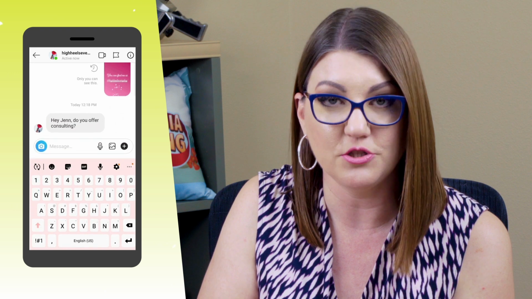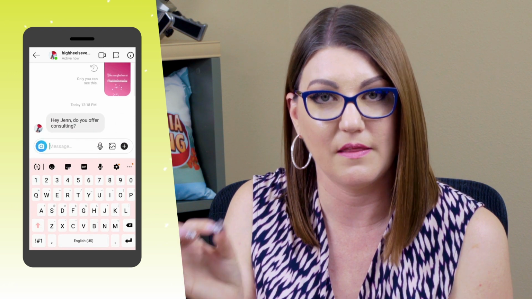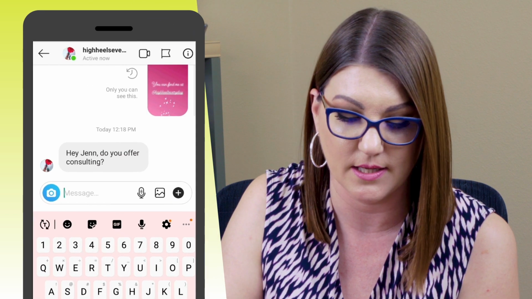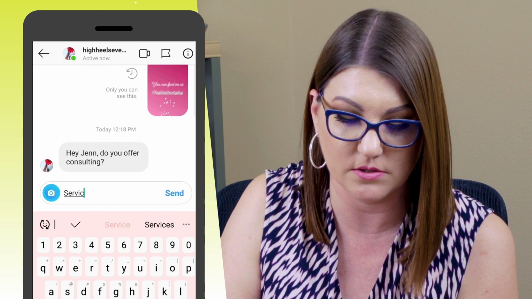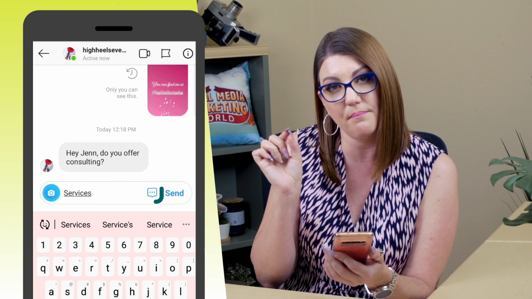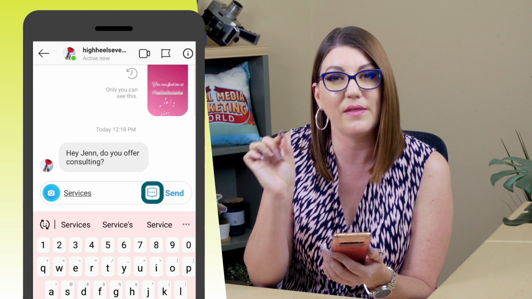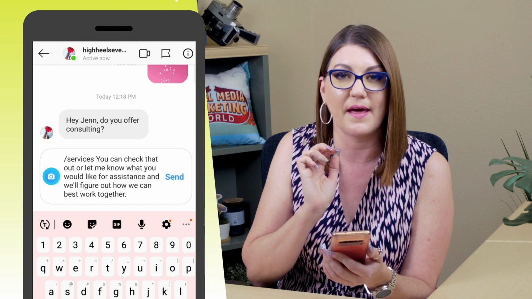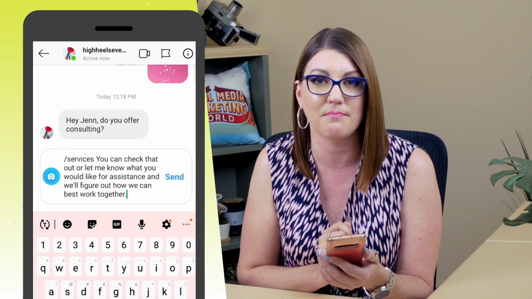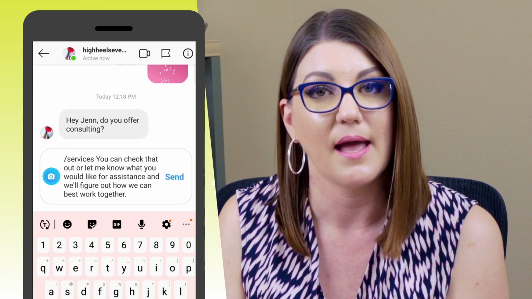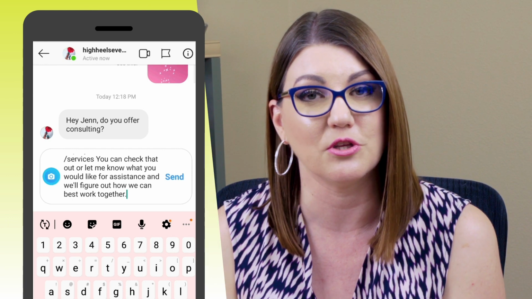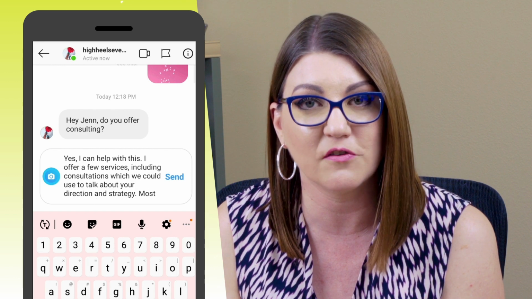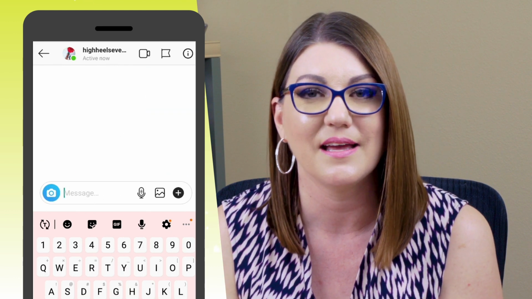Within that message, when you start typing in the message, just put the single word that you've created as the shortcut. In this case, I'm going to use the word services that I've set up as a quick reply. You will actually see a little comment bubble with 3 dots pop up within the message box. Tap on that little 3-dot icon, and that automatically dumps your pre-saved message right into the DM. At this point, it's fully customizable. You can actually personalize it, change a little bit of information, or just go ahead and click send and your message is on its way.